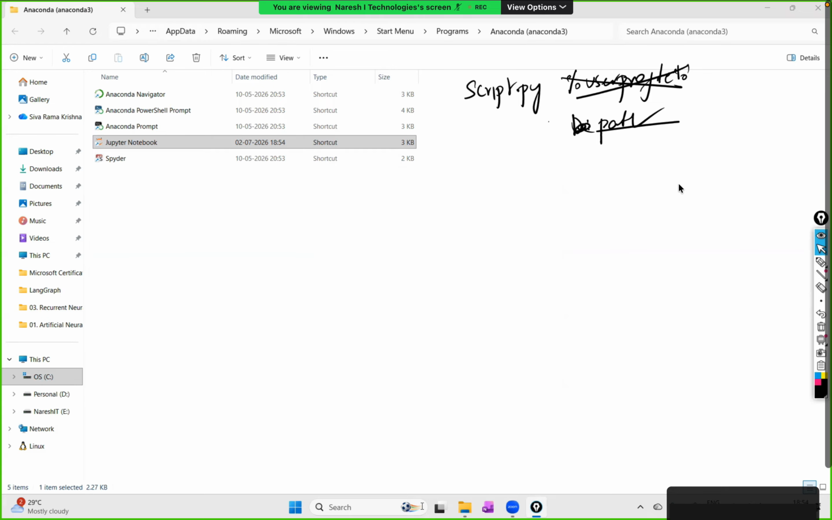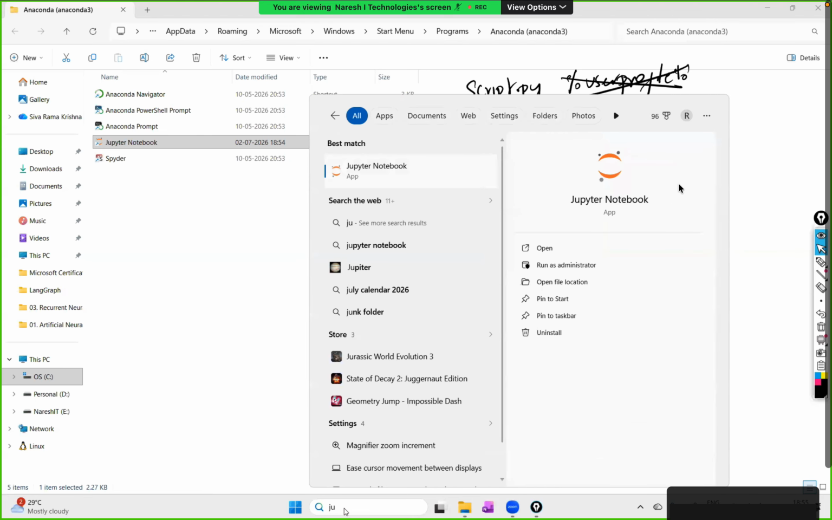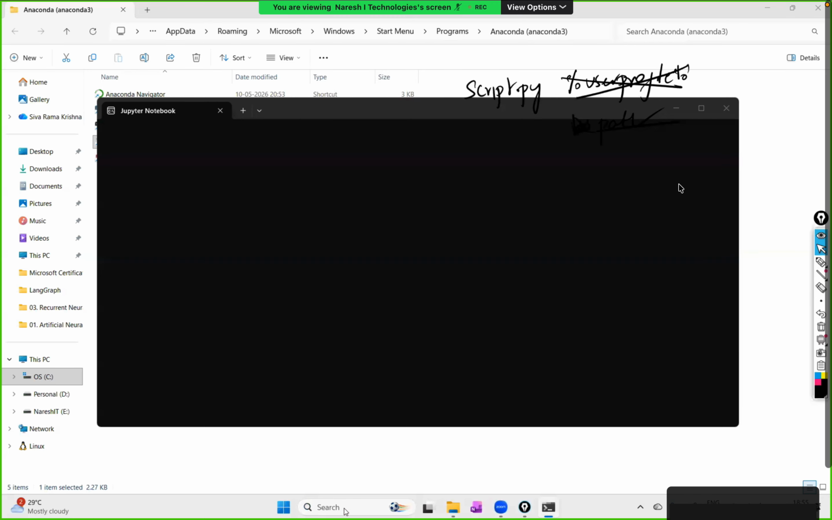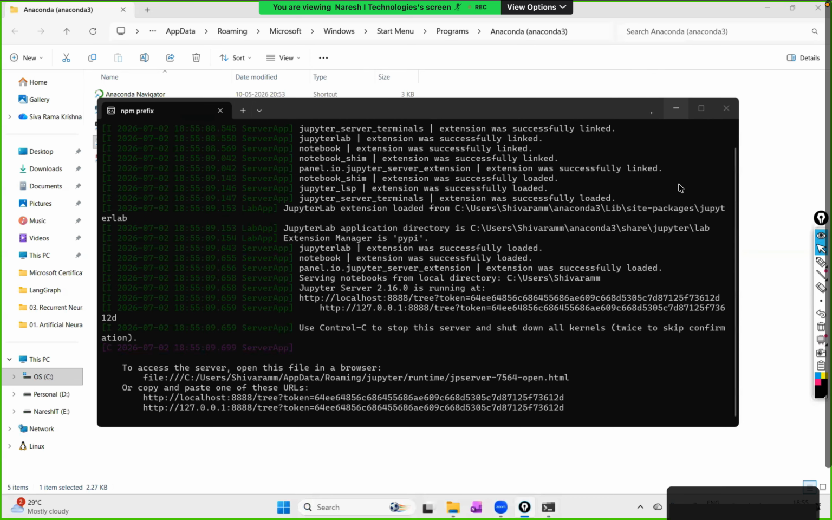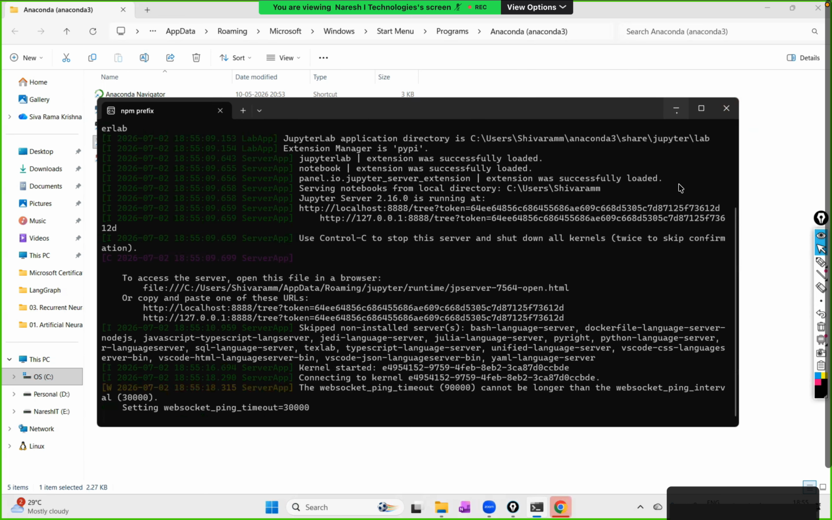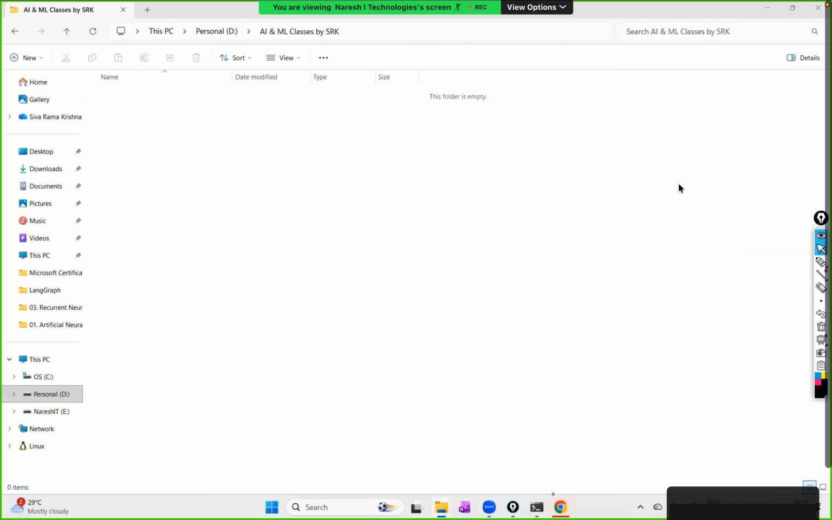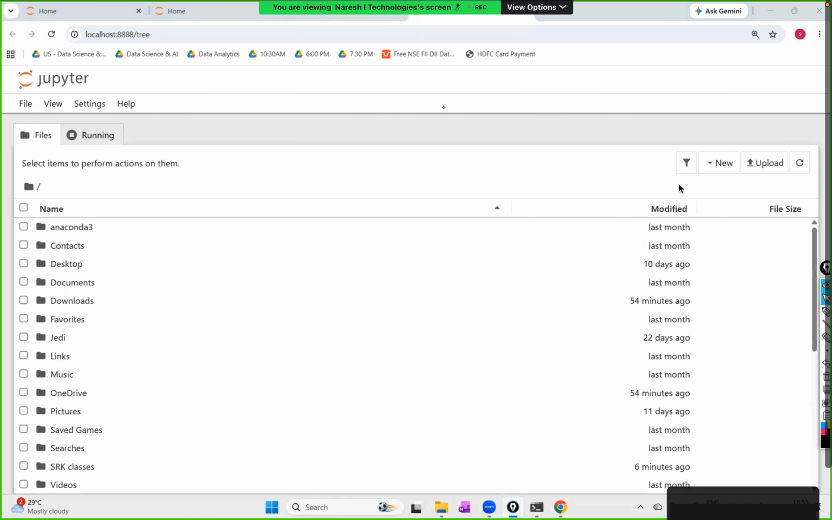Okay. After doing this one, now again re-click on the Jupyter notebook. Once you click, the black window you are going to get, minimize this black window. That black window we call it as kernel. Don't close this one. If you close this one, Jupyter notebook will not work. It has to be minimized. Minimize this one. And here it will open. So whenever it opens now,